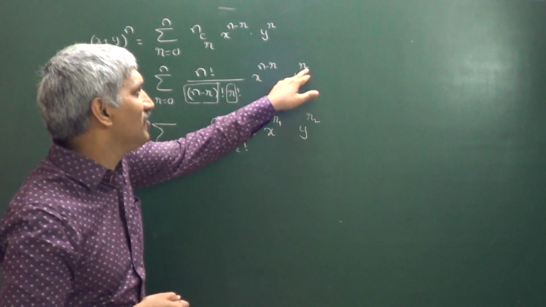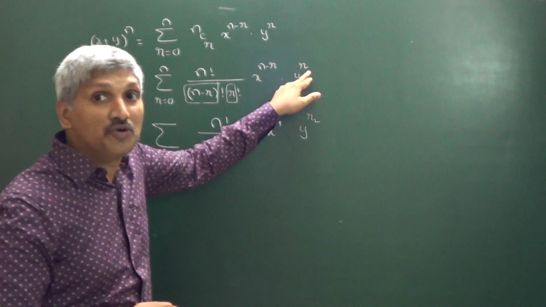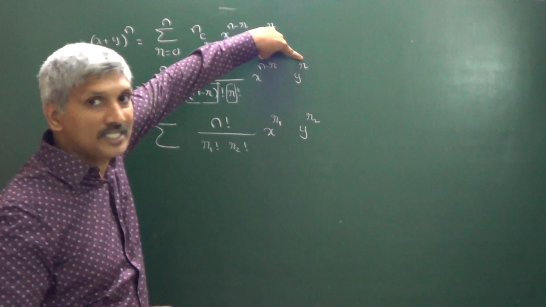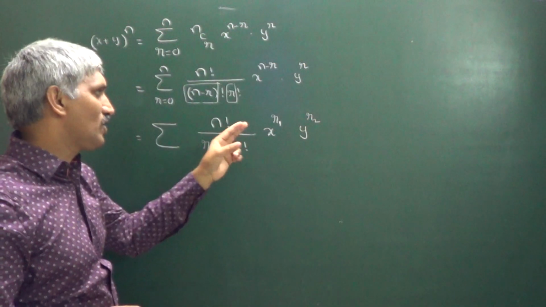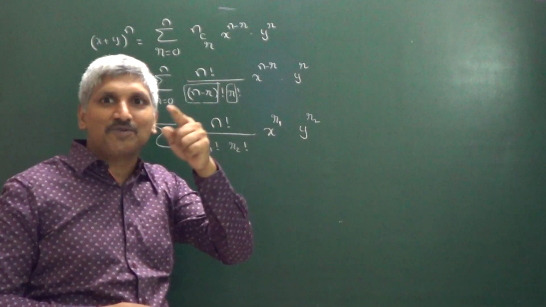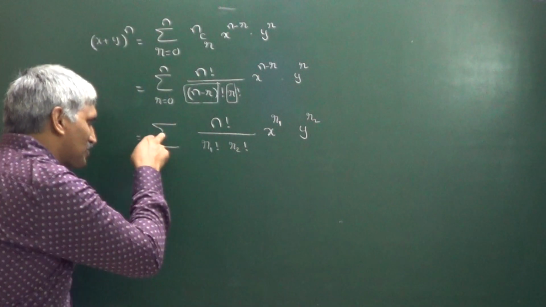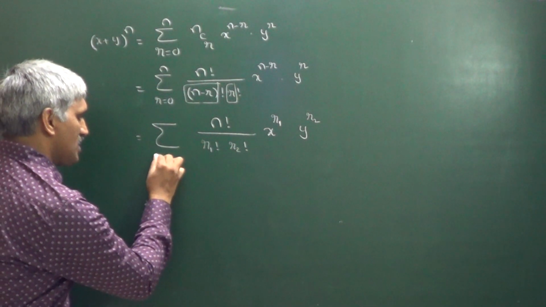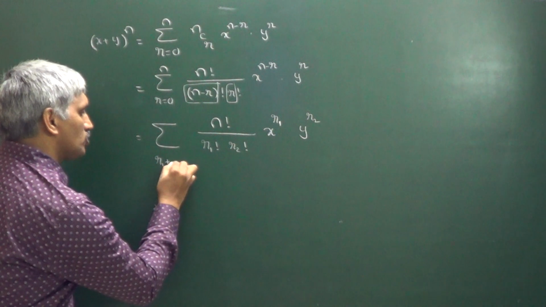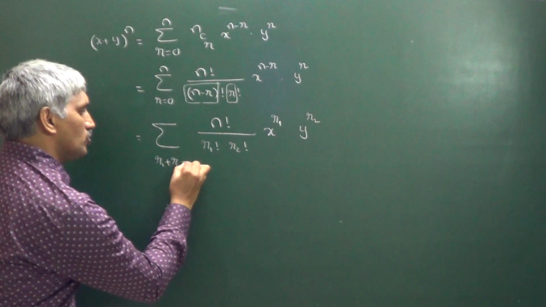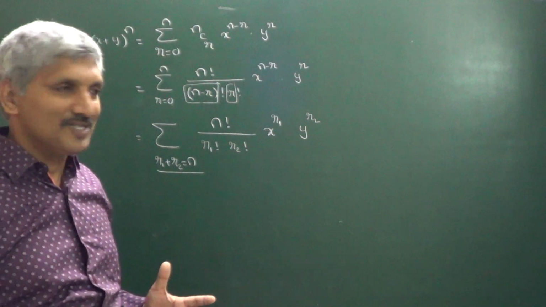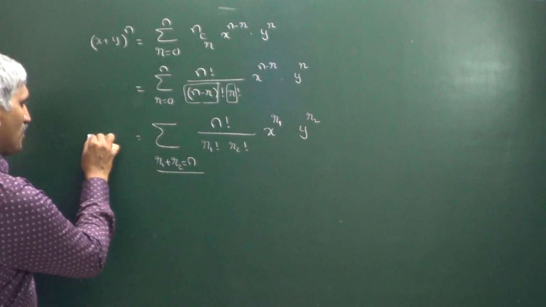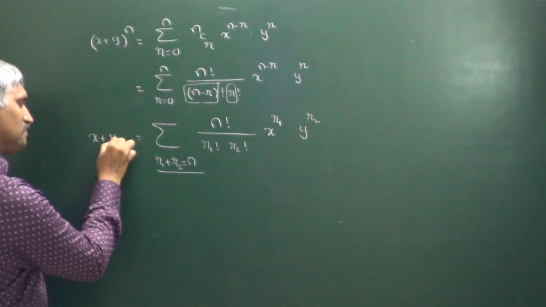These two powers always sum to n. We have to expand in such a way that the sum of the powers is always equal to n. That's why the powers' sum must be equal to n. We have to expand this sigma in such a way that r1 + r2 = n. So this is the binomial theorem that we know.